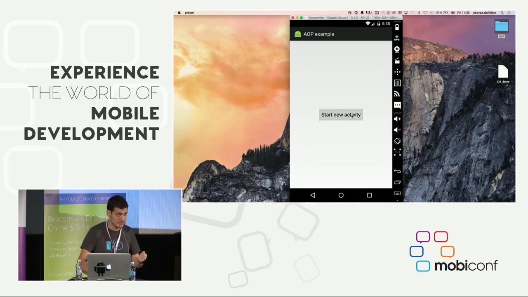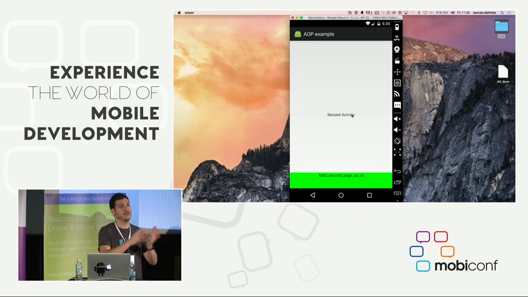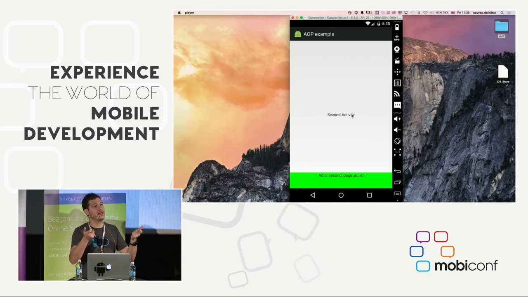So if I launch the new activity here, you will see there's a red box there, now it's green, and there's a string there that says ad ID, and there's a name, second page ad ID. Now for those who haven't worked with ad providers, the way you configure an ad for an individual page is to provide it with a site ID, or a zone ID, some providers call it. It's basically a string or a number, usually, depending on the provider you use, that says basically, I want this group of ads to be targeted for this screen. And if you use the same site ID for different screens, you will get the same kind of ads. They're sort of like a grouping of ads.